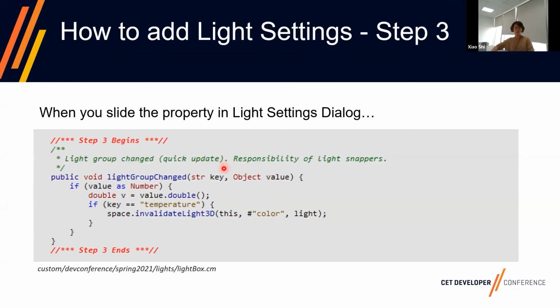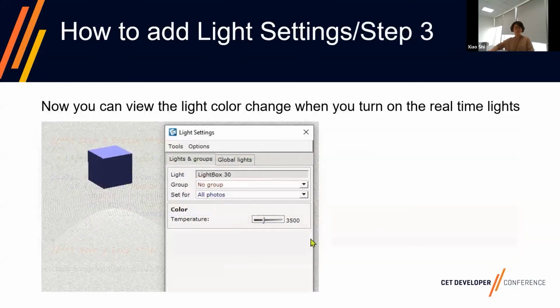The key is temperature, and the value, we will cast it to a double, is the new value that you changed to. You just check, if the key is the temperature, then we need to invalidate the light 3D. And then after you do this, when you change this again,